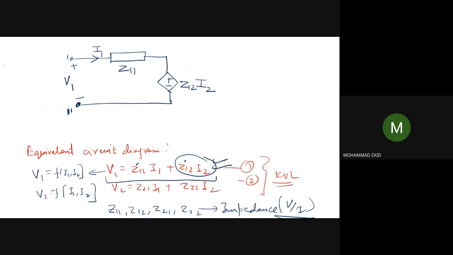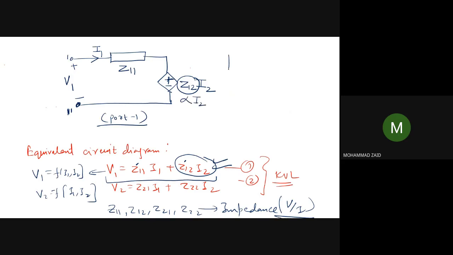Similarly, we can do it for port 2. So this is port 1. Now see that the port 1 voltage is dependent on the port 2 current. That's why we have shown it with a dependent source. There is no other way through which we can show it, because if you show it with a constant impedance, then the current you have already defined is I1. In one loop, no two currents can flow, only one current can flow. So we have to represent this Z12. Now Z12 is constant, so you can say this voltage source is some constant alpha, and it is depending on the current of port 2.